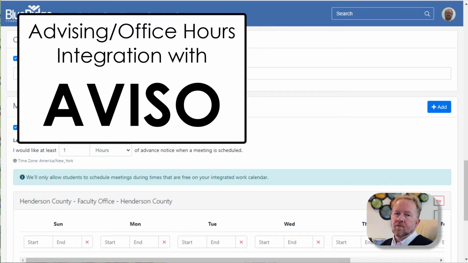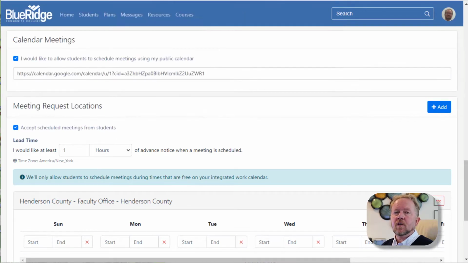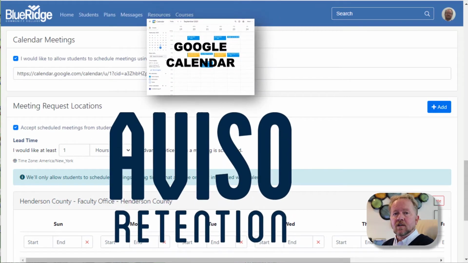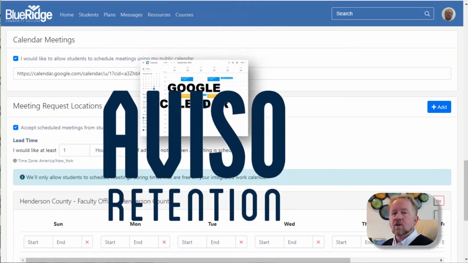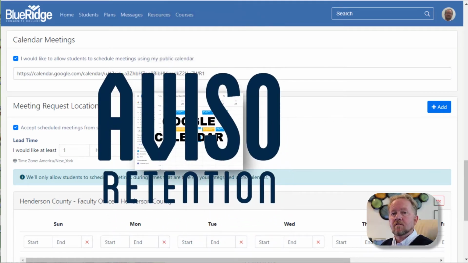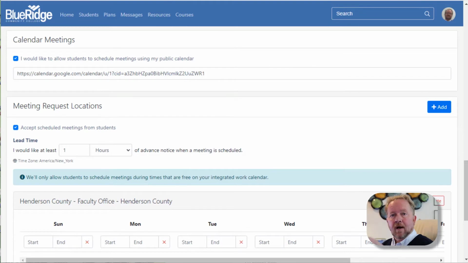This will be a quick walkthrough describing how to schedule a meeting through Avizo, which is being done instead of using the locator card. It's important for you to understand that your up-to-date calendar necessarily informs the Avizo calendar. So the settings that you change within Avizo actually are informed by the Google Calendar.